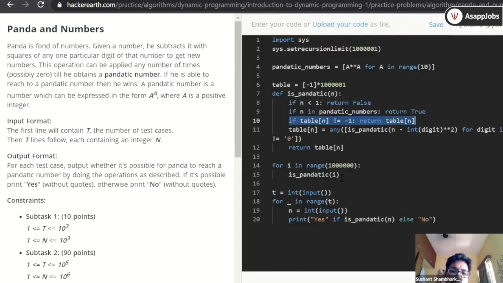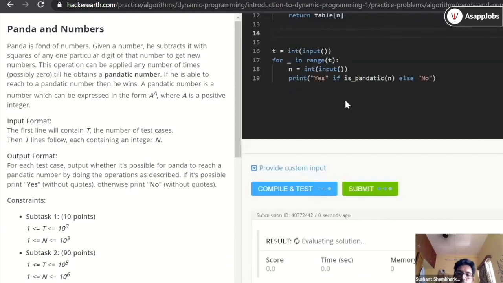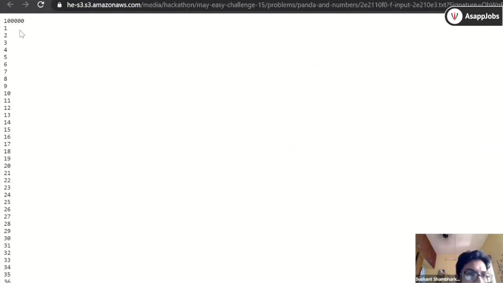And if you just remove this from here, now you can check the time will be different for each test case. That means it's not calculating the whole table. It is calculating the table only till what it needs. For these test cases, see the number. There are only 10,000, right?